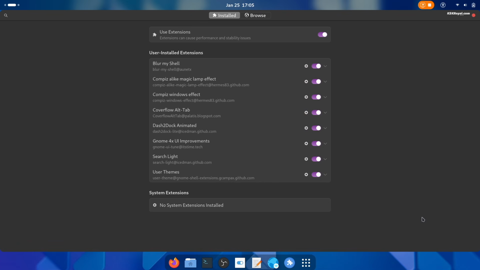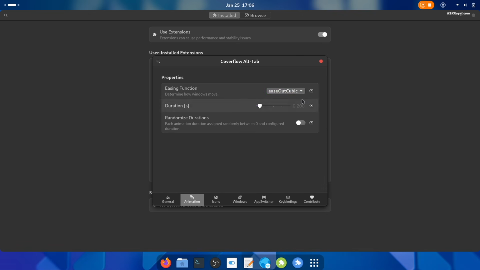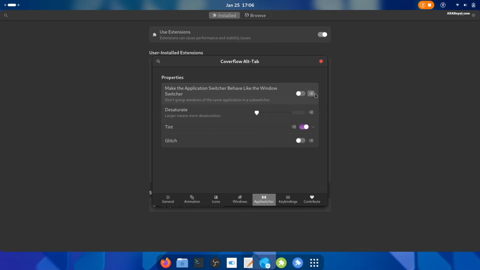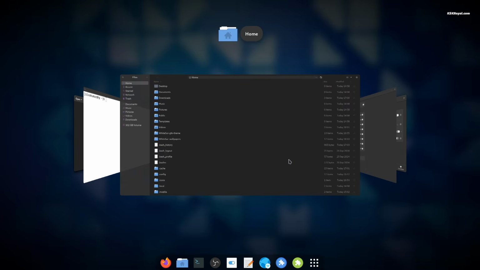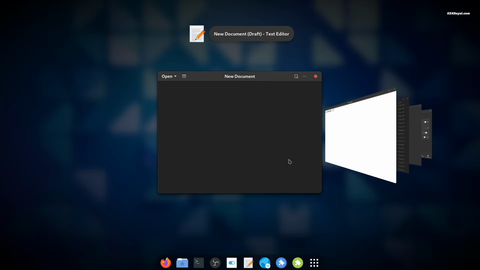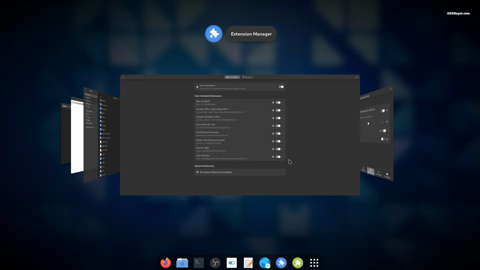Now let's tweak the extensions. Adjust the CoverFlow settings to your liking. Now pressing Alt plus Tab will display a timeline-style view of all running applications.